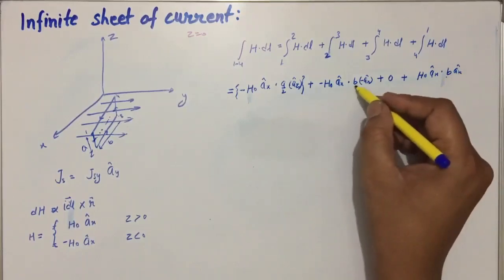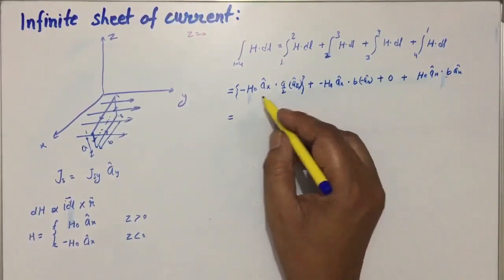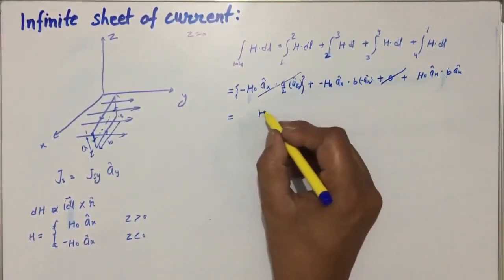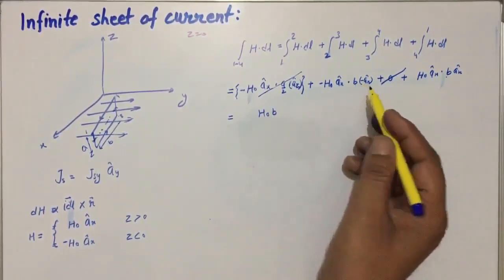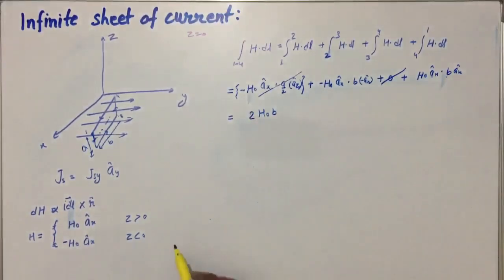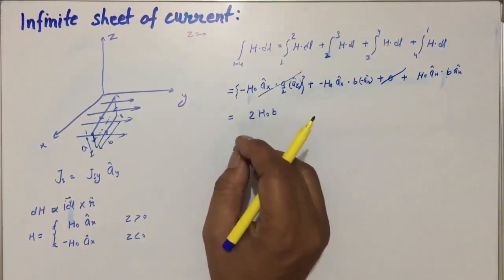This is the full integration for full length. So next, this will be 0, this is 0, this will be H naught b ax dot ax will give us 1, it will be H naught b. So this is the total enclosed current in the case of